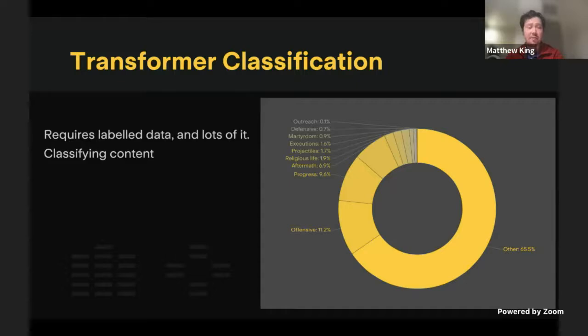And I think that is something that for us has been a big challenge that I'll talk about in a second. Here, just to make it specific, what we did was build a transformer model that classified Daesh propaganda into